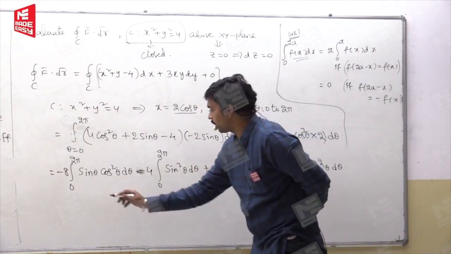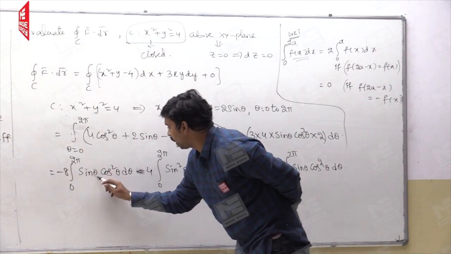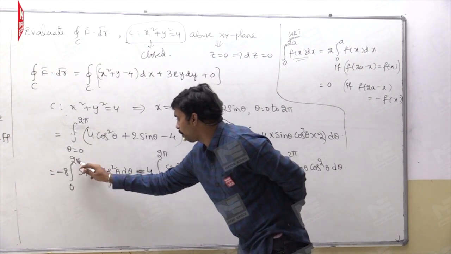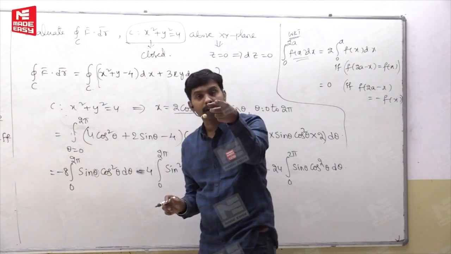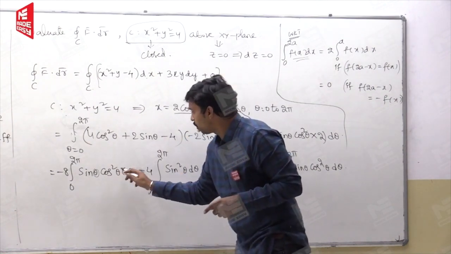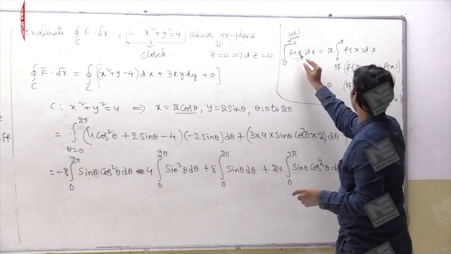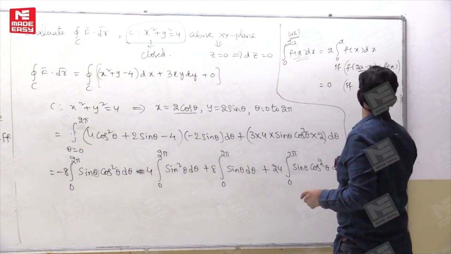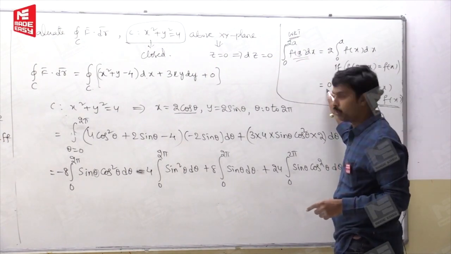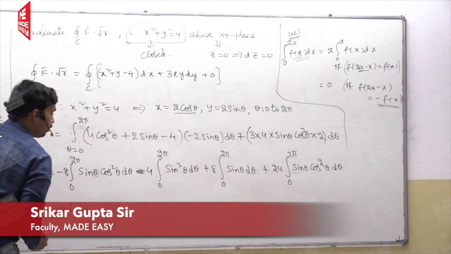Look at this here, 0 to 2 pi. If I replace sine of theta by sine of 2 pi minus theta, it is in fourth quadrant. In fourth quadrant, sine is negative and this is positive, so this is going to be negative. When the replacement of x by 2a minus x gives minus of f of x, the integral value remains 0. So therefore this is minus 8 into 0.